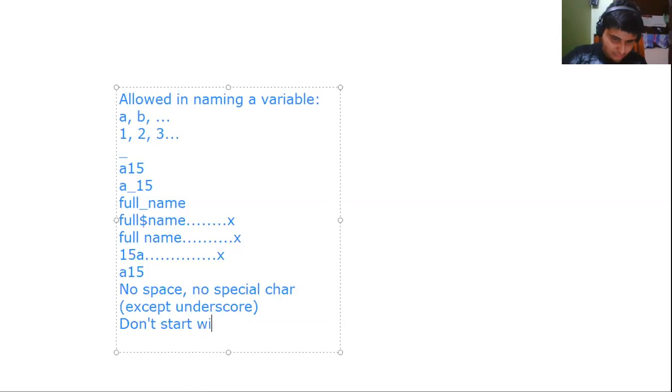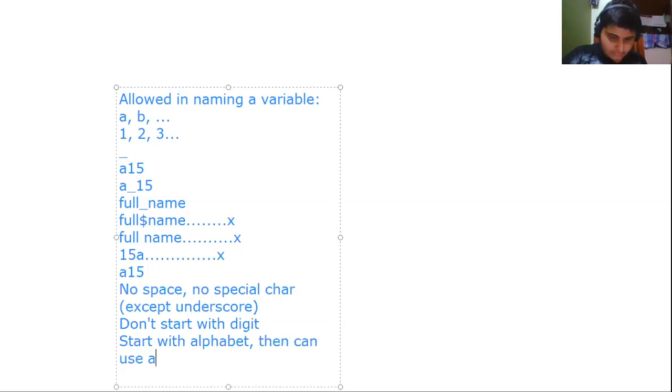Start with an alphabet, then you can use alphabets, digits, and underscore. This is what we call the rule.